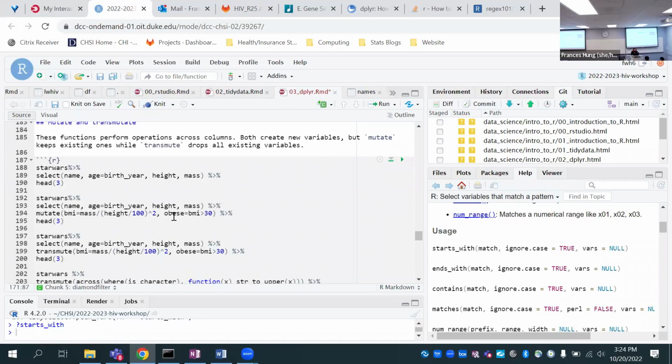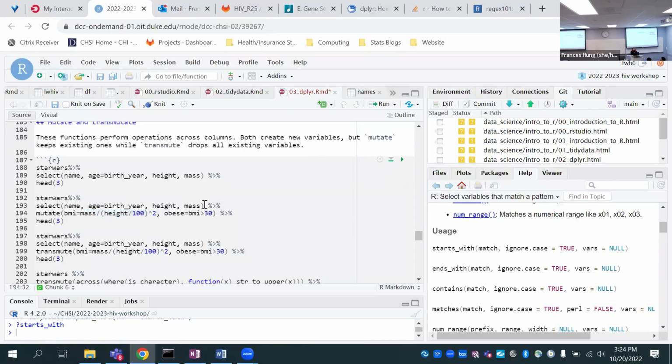So here there are two ways of doing this. If you want to keep all of the variables that we have in our data frame currently, we would use the mutate command, and we would mutate a new variable called BMI and set it equal to mass divided by height divided by 100, and the denominator squared. Yeah, squared. That's right.